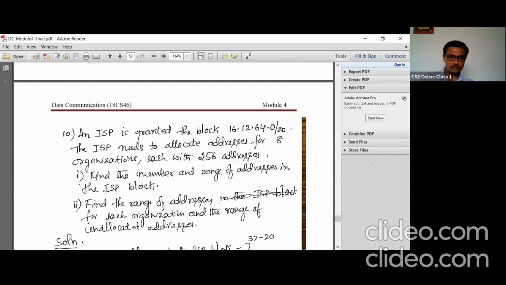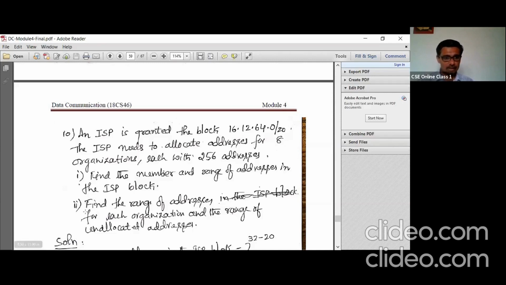In the first part, we find the total number of addresses allotted to the ISP, not to the organization, and the range of addresses, that is the first address allotted to the ISP and the last address allotted to the ISP. Then, in turn, the ISP should allot these addresses to 8 organizations, that is 8 subnetworks in this case.